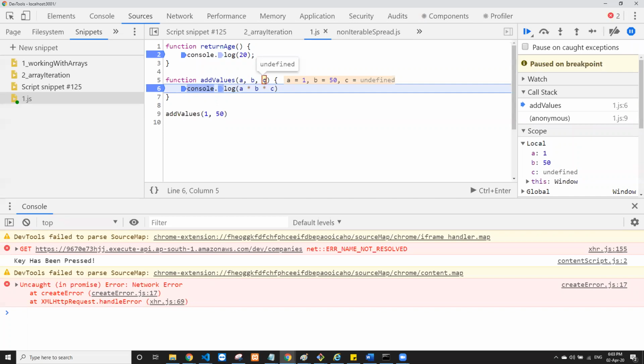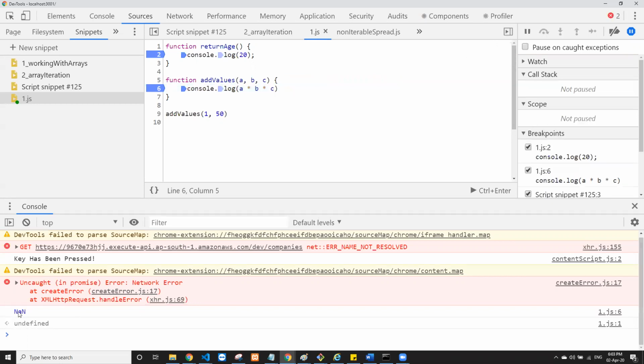So what we are trying to do is 1 multiplied by 50 multiplied by undefined. Now this undefined is not a number. So the output of A multiplied by B multiplied by C is not a number, which is represented by NaN. So the output is capital N, small a, capital N, NaN, not a number. So the full form is not a number. It says whatever you were trying to evaluate was not a number.